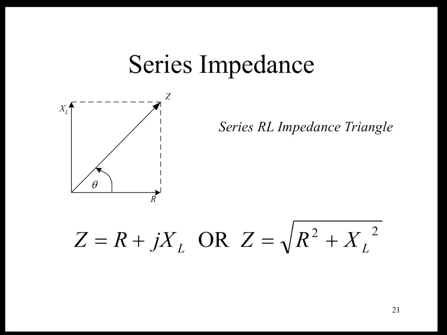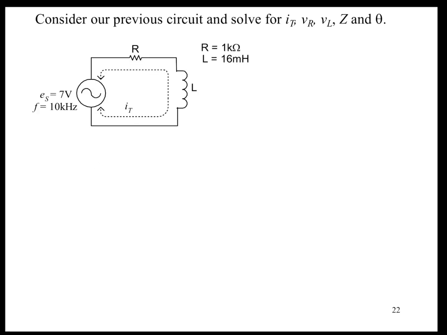What does that mean when you have series impedance? Well, it means that the impedance triangle is going to look just like the voltage triangle, because don't forget, each one of these quantities, R and XL, is multiplied by the same current in order to get voltage. So we're going to have a voltage triangle that looks just like the series impedance triangle for any example. Okay, so if we look at this example,